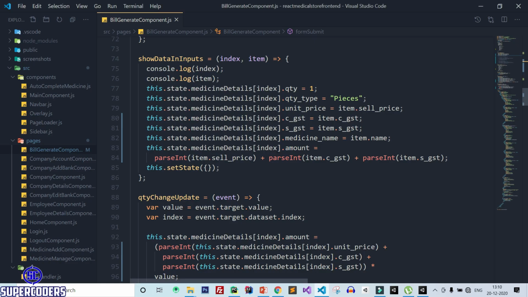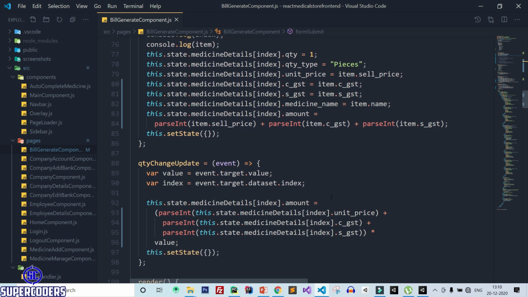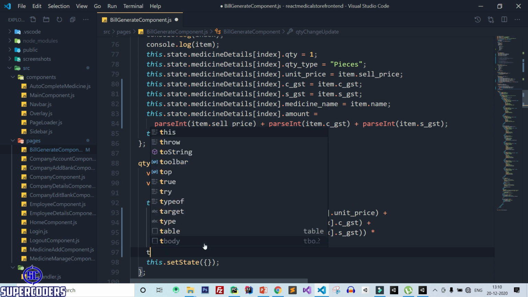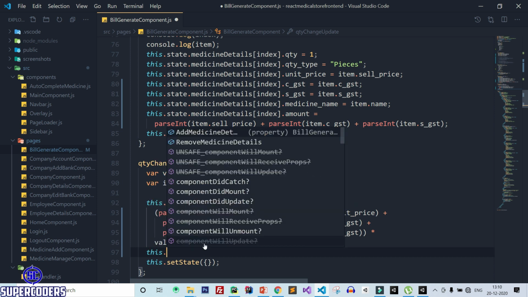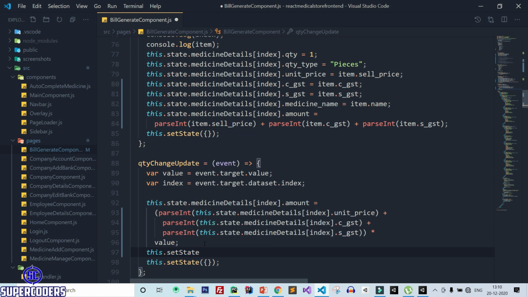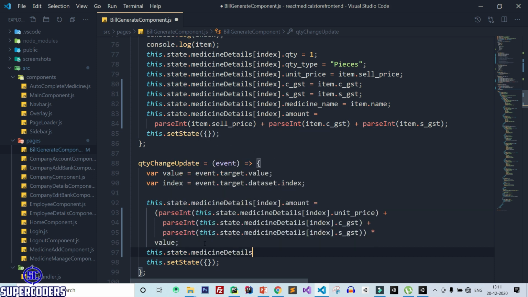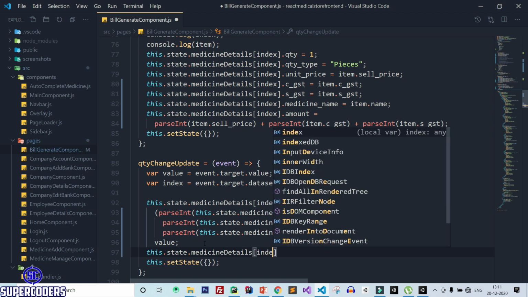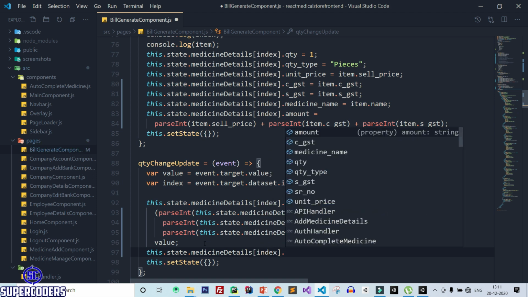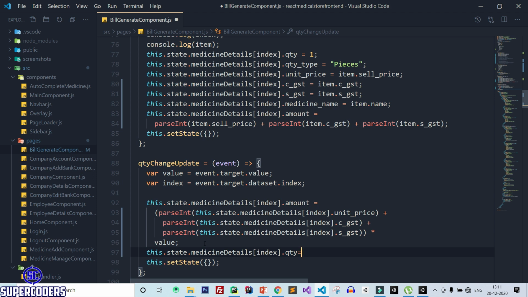So again back to VS Code. After that, here we need to update the quantity. So here this.setState, or this.state.medicine_details[index].quantity equal to value.